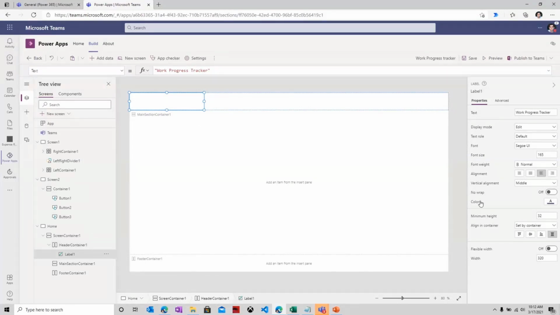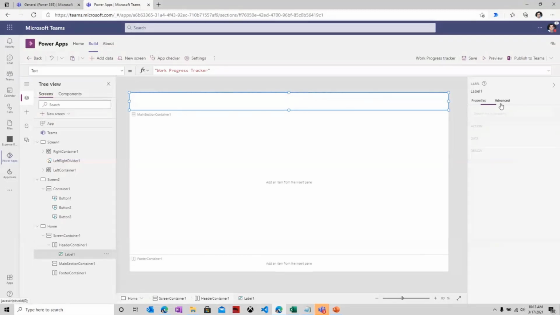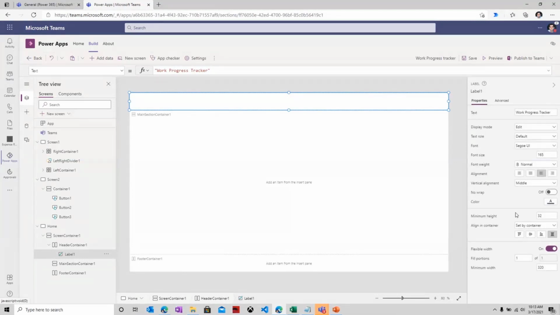And then if I select the label control, there's a property called flexible width. So if I enlarge this, it's going to span the entire width of the container. Now, one thing I'm observing is I'm not able to see the text for some reason. Reza, the font size is 5. Oh, okay. There you go. Thank you. All right. Don't go to font size 165. All right. So I've just center aligned my label control right here. And as you can see, the control is right there, center aligned in the header.